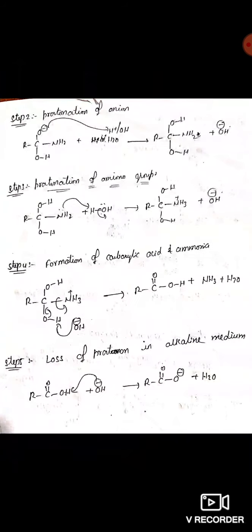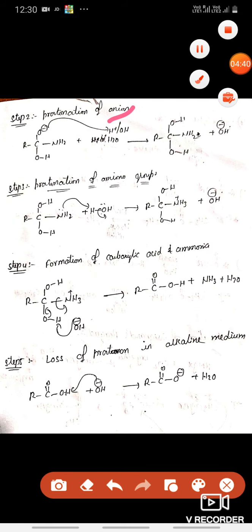Now we have O minus. In the next step, we take a water molecule. O minus is going to take the H positive. Water can be written as H positive and OH minus. So this O minus takes the H positive here, and what we obtain is gem diols. Same as in the previous case, we are going to turn the NH2 group into a good leaving group. Here we take the proton from the water molecule.